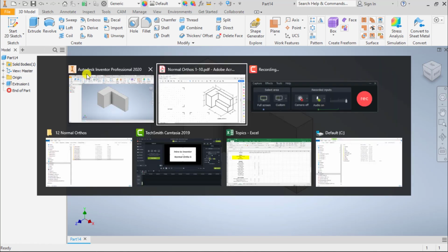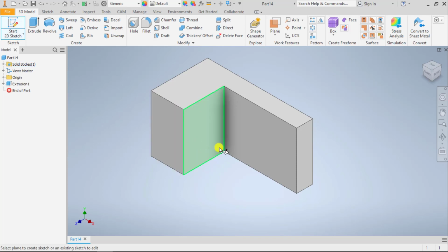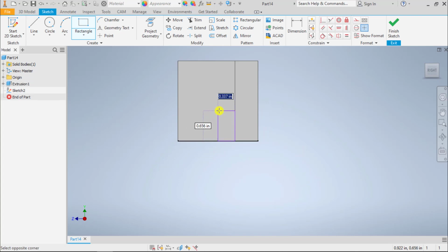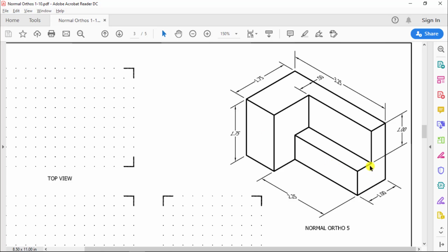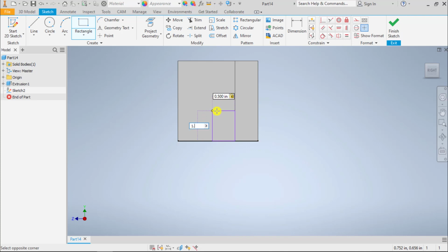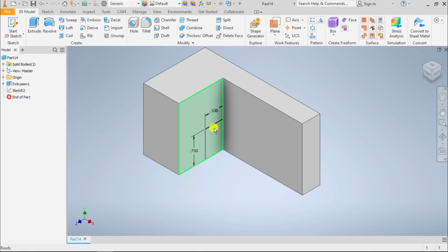And we can sketch this shape here, which is a rectangle, on this space here, or the bottom. So to keep things pretty straightforward, let's go ahead and put a rectangle here. And we need to go 3/4 down and 1/2 inch over. So this is 0.5 by 0.75. And now we're going to finish this, and we can extrude it the distance, but I want to do it